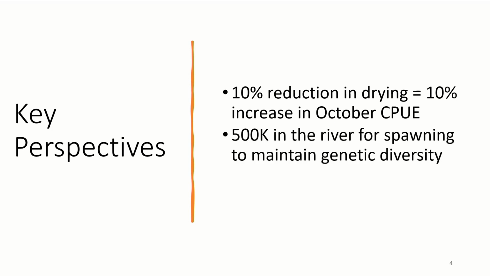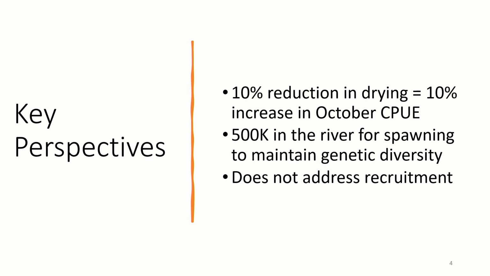And we want to have about 500,000, which is more than our hatcheries can produce right now, and that's just a number to give you some perspective. If we're talking about only maintaining a few dozen fish in some of these areas, that's not really meaningful. So we want to be talking about thousands or tens of thousands of fish. This also doesn't address recruitment. They're not going to be spawning throughout the summer. So this is completely disjunct from any spring recruitment, and we're only focused on improving the survival of the fish that are in the river through the summer.